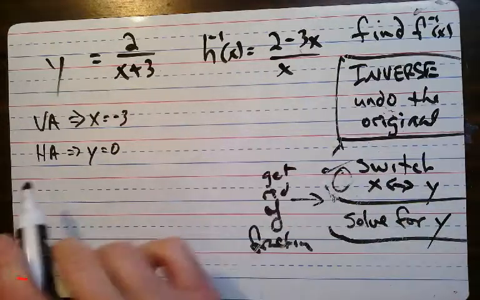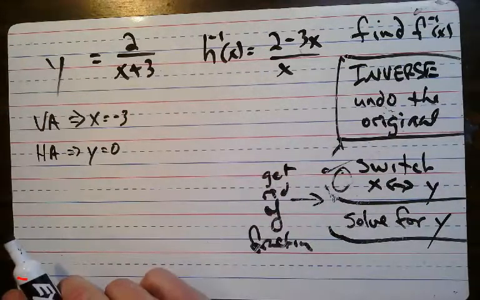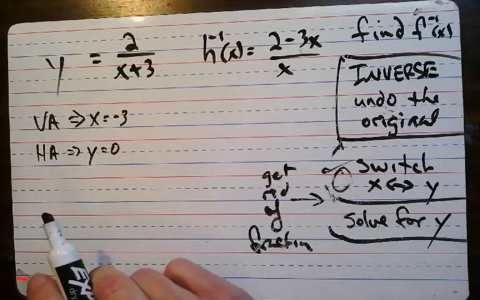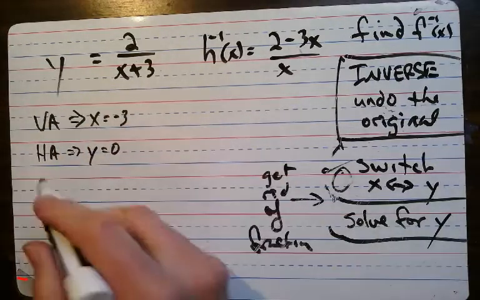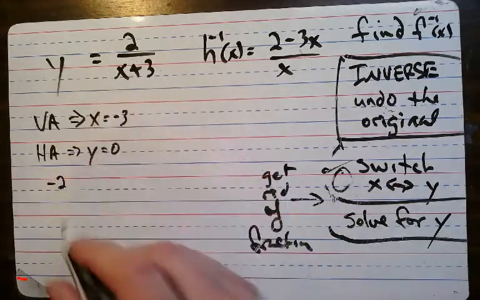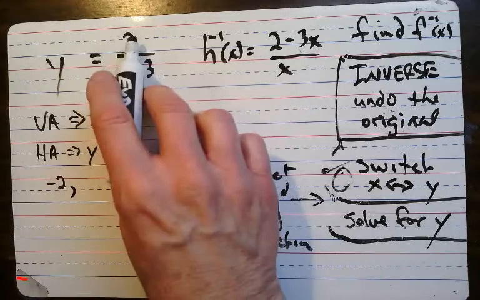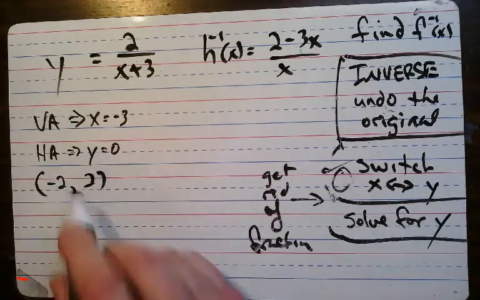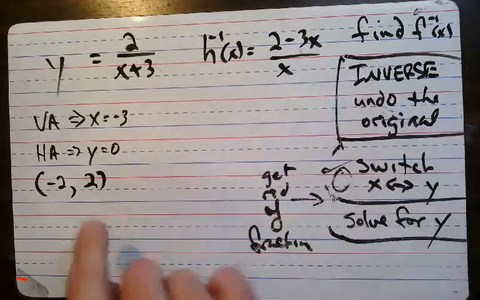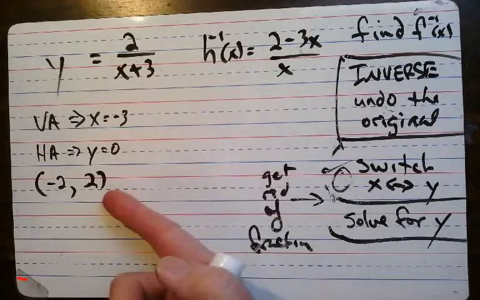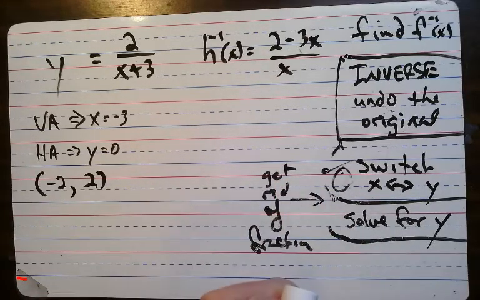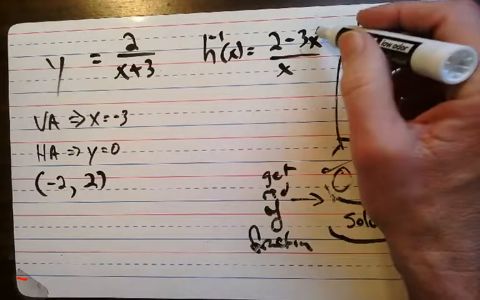Plus, we can find a point on this graph. If you want to find a point, you can find any point you want. For example, what happens if I put -2 in here? -2 plus 3 would be 1, so 2 over 1. -2 goes to 2, right? So, if we did it right, these guys are going to be switched, when 2 goes in, -2 comes out. Let's see. If I put 2 in here,